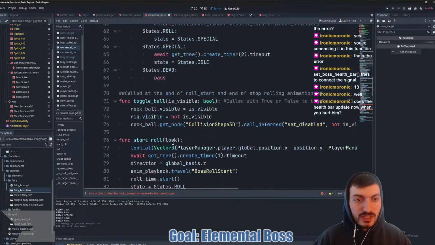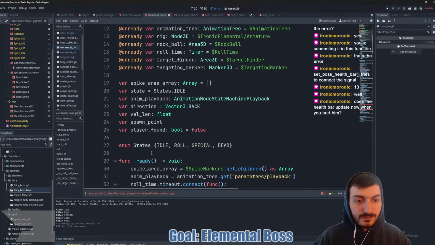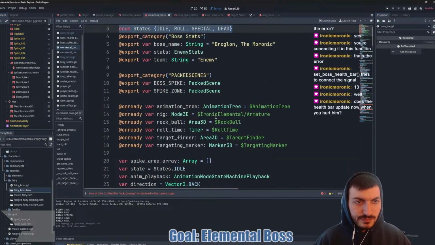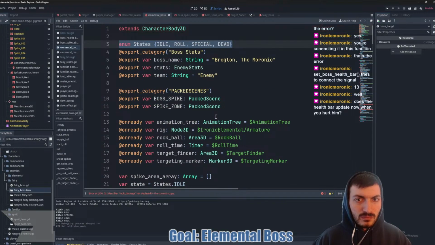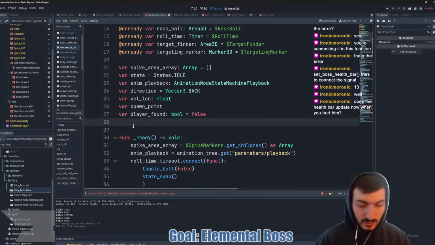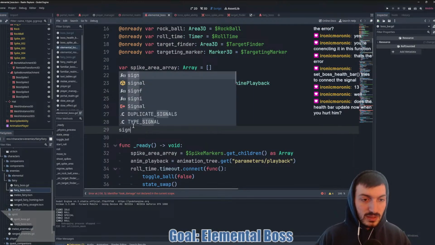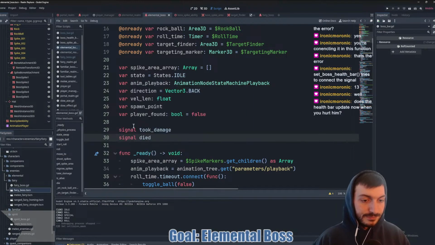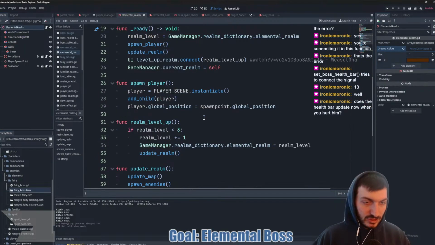That's it. Took damage and died. I think enums are supposed to go up above the exports. Then we can do signal took damage, signal died. Now let's check.